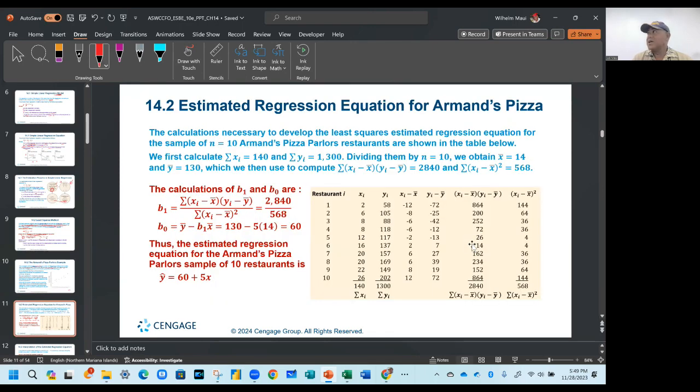Now, because this is an intro class, we go through the step-by-step process of how those beta 1 and beta 0 are computed, right? So here are those equations, no? The calculations necessary to develop the least squares estimated regression equation for a sample of 10, and the data is already given. So, okay, estimate your beta 1,